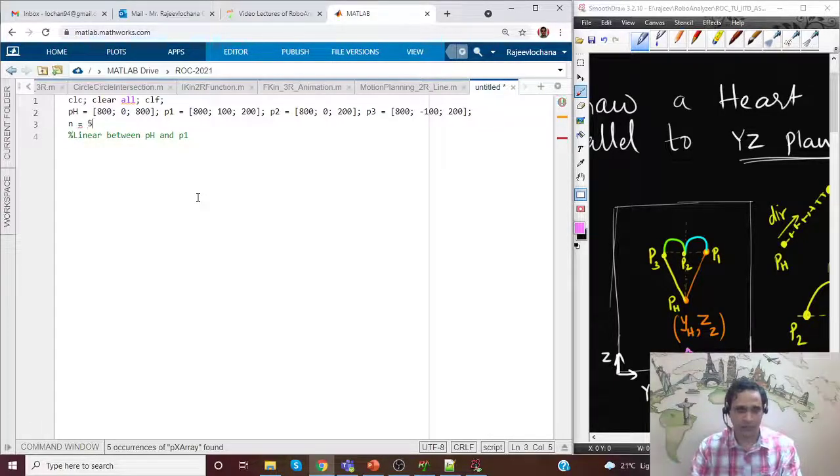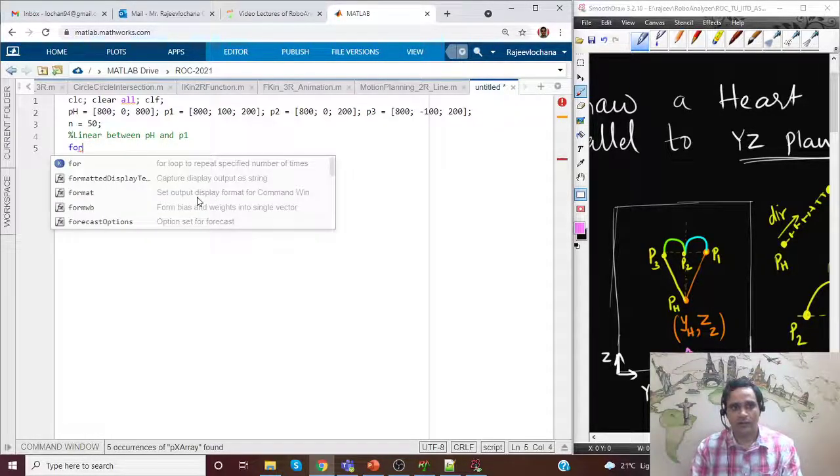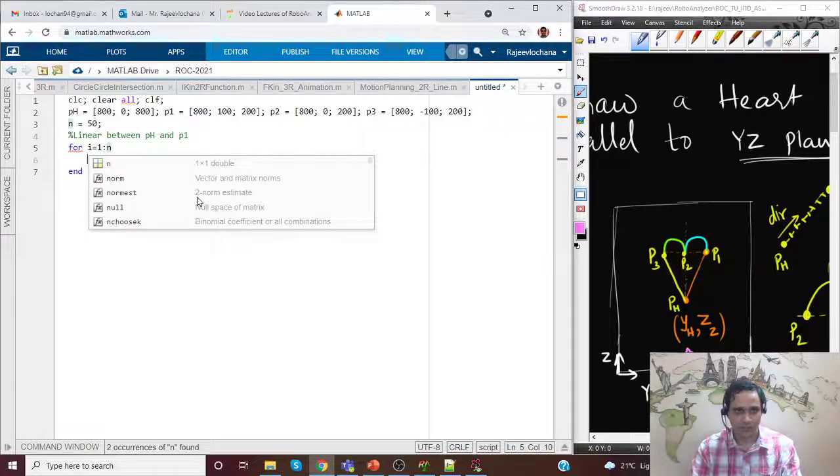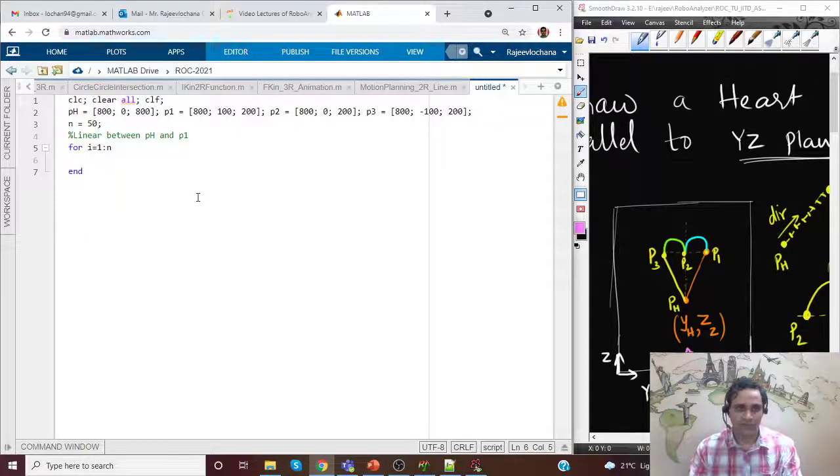Maybe I'll use 50 of those. Okay, so for i equal to 1 to n. Okay, so this is the format. I want to increment i from 1 in steps of 1 till n.